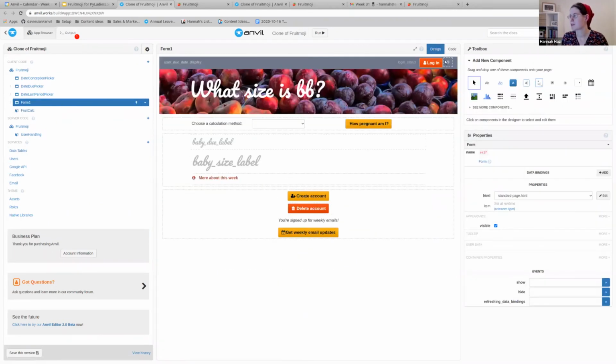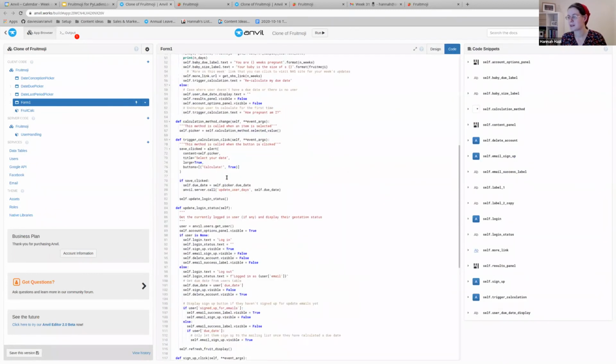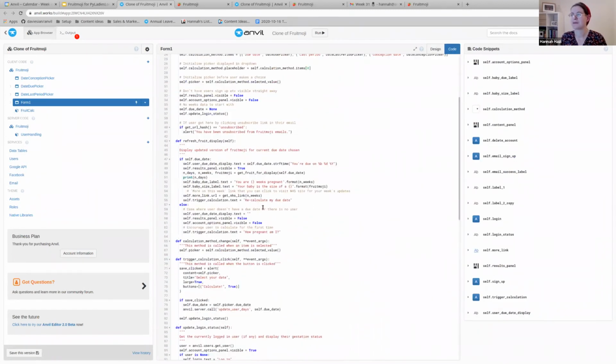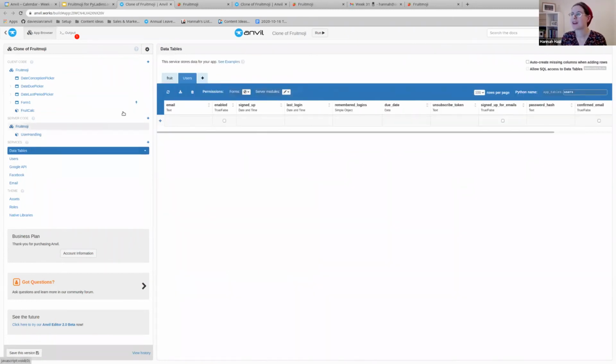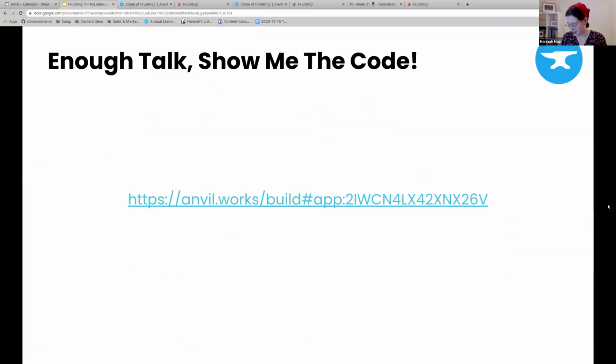So that's basically it. Each button in the app corresponds to a method in my class for the form. Yeah, the back end is driven by this data table here. So if I go back in here,